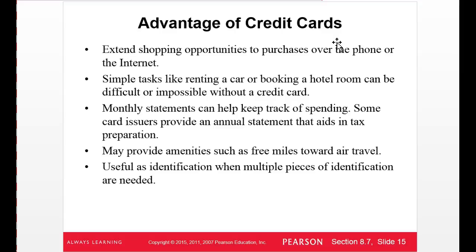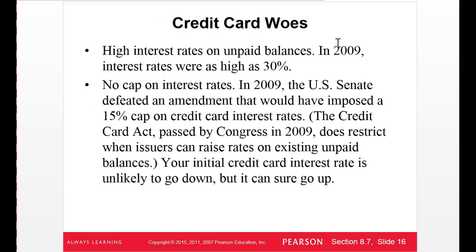It's just these interest rates are just amazing. They're so high. All right, obviously credit card woes, those high interest rates. We're talking in the 20s typically. I mean, on average, I would say probably in the 20s, but we can even see them up near around 30% interest, which is absurd. All right, caps on interest rates were waived,